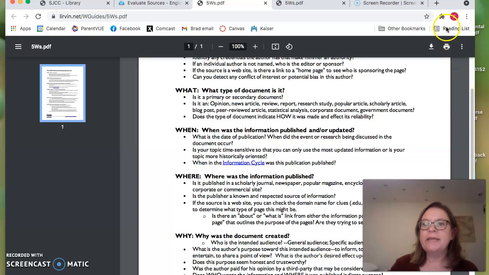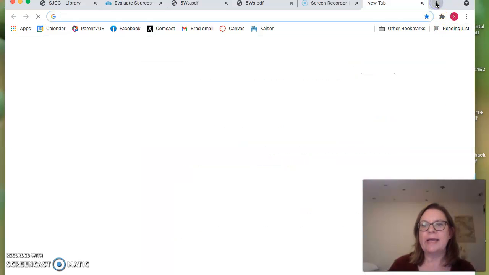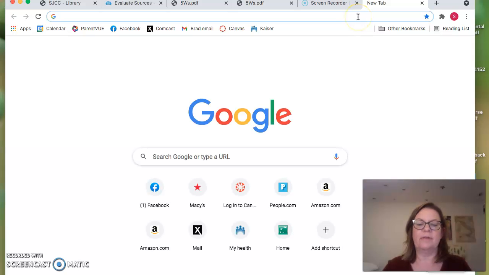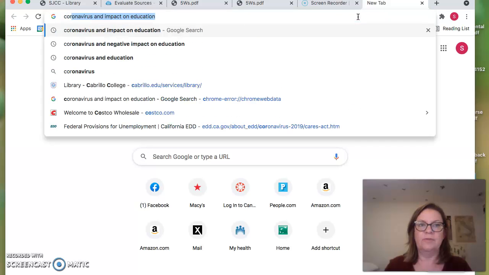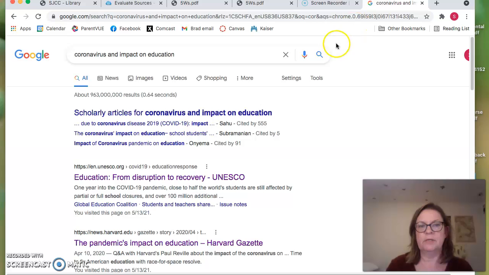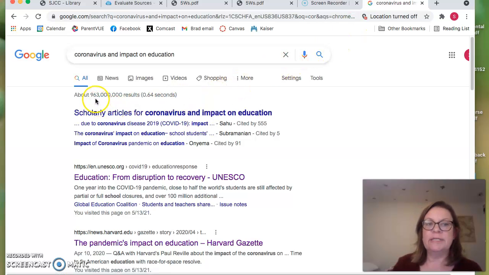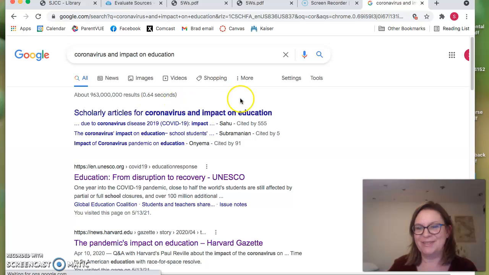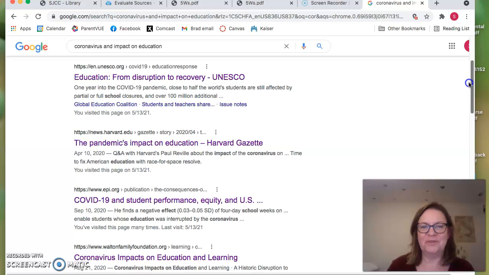I want to briefly open up another tab, because I mentioned the coronavirus, so let's do a quick search for a web page. I'm going to search for coronavirus and the impact on education. You can see I have 963 million websites, so that's quite a few. Let's take a look at just the first few that come up here. I have one from UNESCO, who I've heard of. I see one from Harvard, so that's a .edu. I see one here from